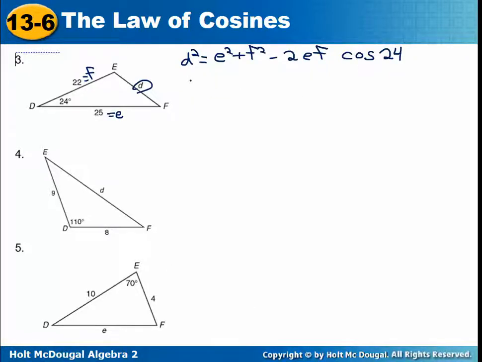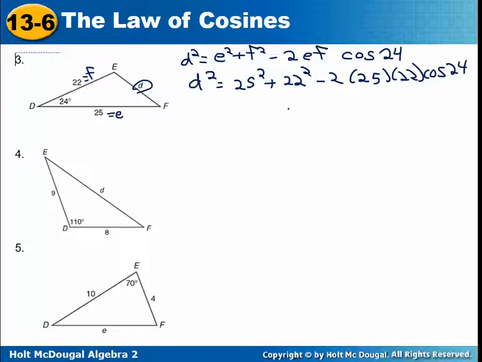Okay, so now we'll take D squared, which I'm trying to find, and E squared is 25 squared, and F squared is 22 squared, minus 2 times 25 times 22 times the cosine of 24. So it's not a lot of hard math, but you just have to be careful that these are kind of big numbers, so when you square them, you have to make sure you put them all in correctly. So then 25 squared is 625,